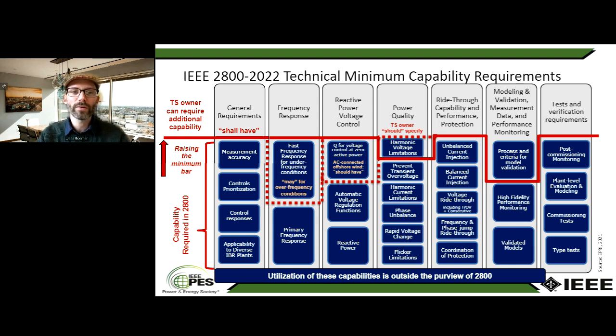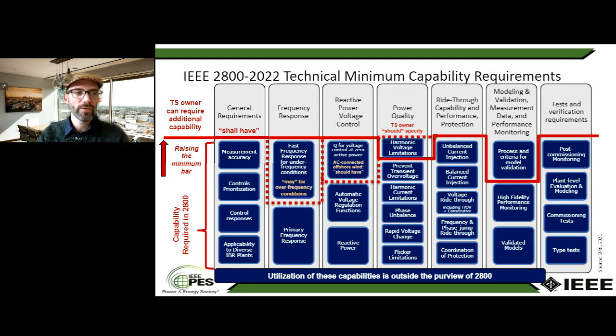And yet, on the other hand, when you talk to developers and OEMs, they're also excited about this because for the first time, they have clear guidance about what the grid planners would actually like to see. In the past, they sometimes couldn't really get clarity on what the grid side wanted them to provide. So this trust that has been built has led to an impressive set of capability requirements ranging from frequency response over reactive power voltage control, over power quality, over ride-through, coordination of protection, and also modeling and validation measurements, all the way to at least the framework of test and